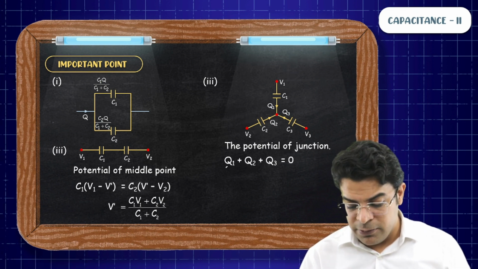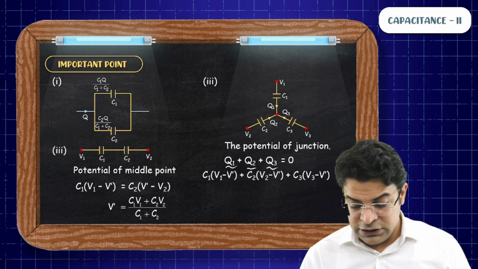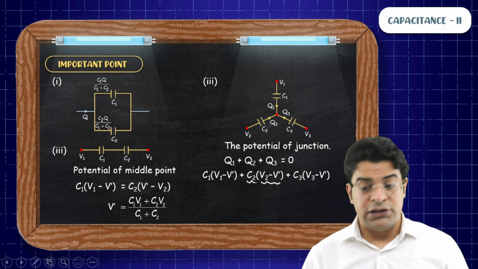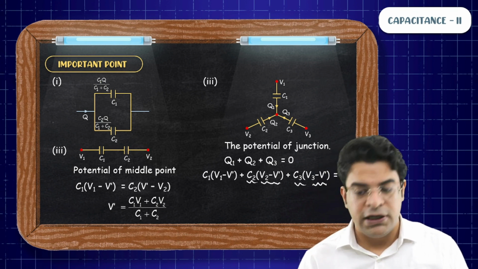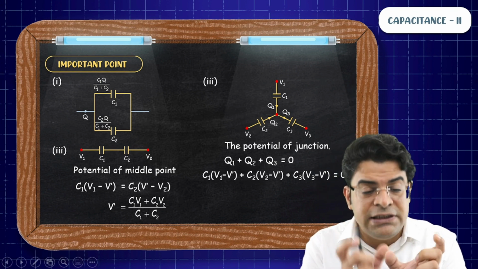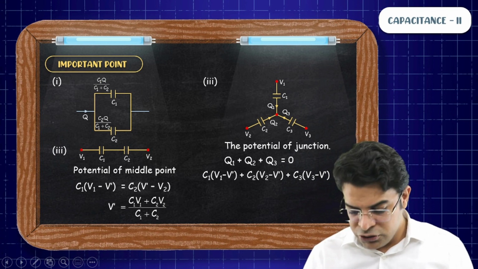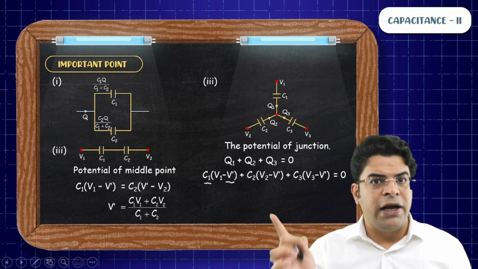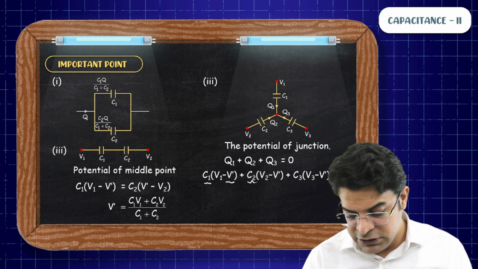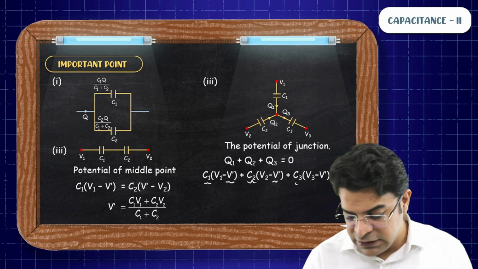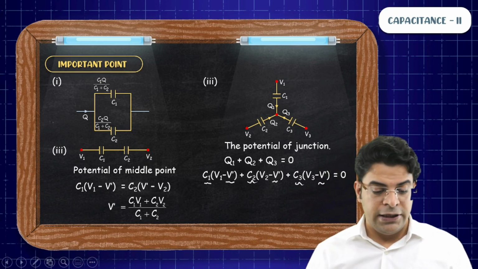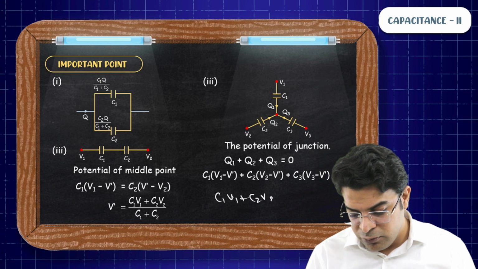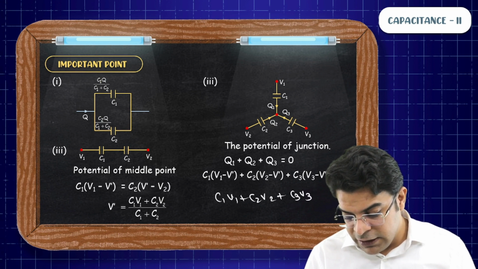So you can write in place of Q1, Q2, Q3: C1 into (V1 minus V dash) plus C2 into (V2 minus V dash) plus C3 into (V3 minus V dash) has to equal 0. The sum of these three charges has to be 0. So on opening the bracket, C1 into V dash goes to the right hand side, it becomes positive. Similarly, C2 into V dash to the right hand side and C3 into V dash to the right hand side. And on the left hand side, you have got C1 V1 plus C2 V2 plus C3 V3. And this is equal to